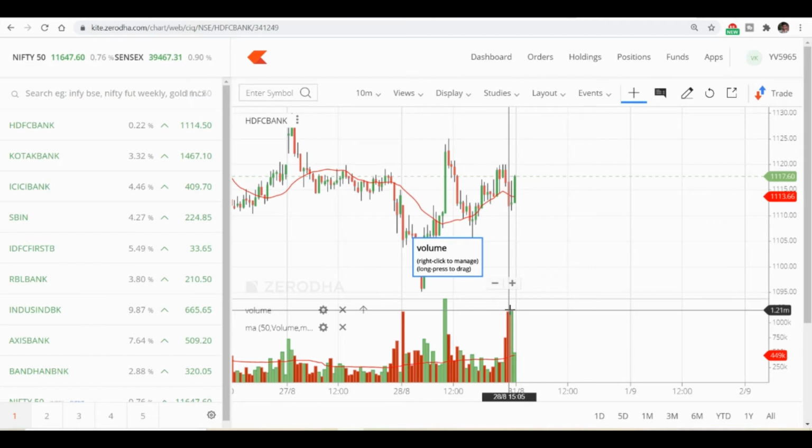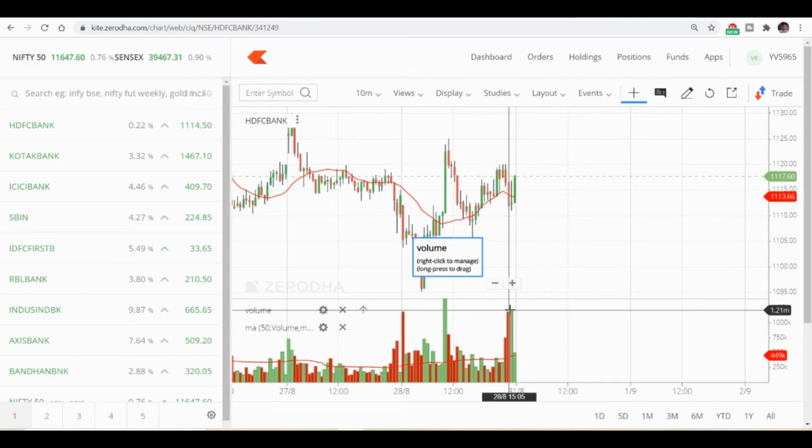We are basically identifying whether the FIIs and DIIs are involved in this particular stock or index. At any time they will distribute the stock, that is, whichever they accumulated, they have already made the price move up. Now they will try to sell and bring the price down. So we need to be a little careful about this. We need to use a strict stop loss. That is the reason we are using the 20 moving average as a stop loss.